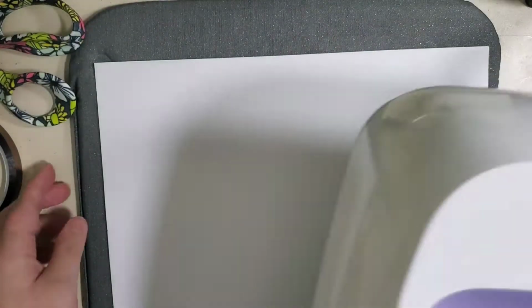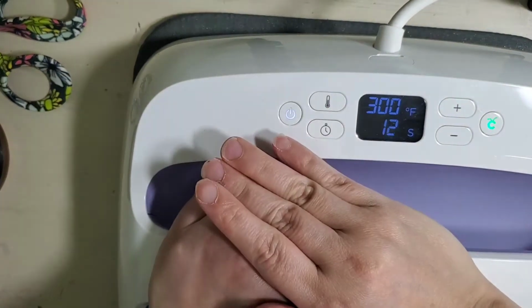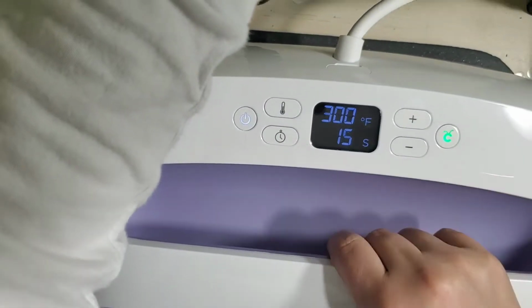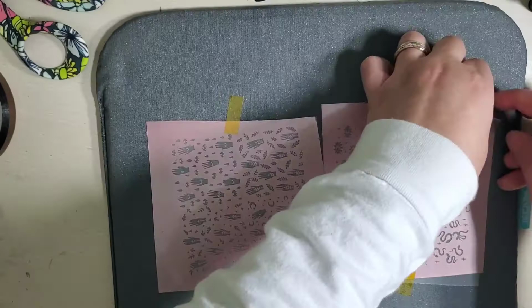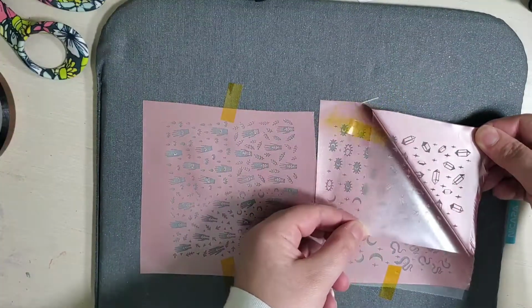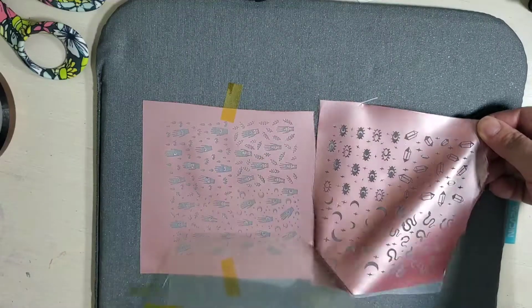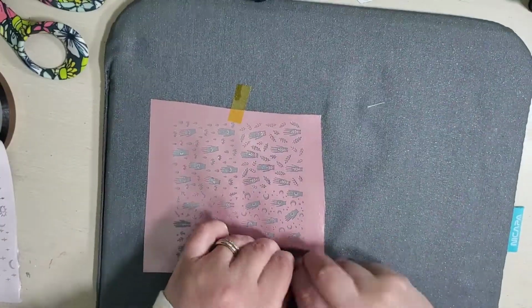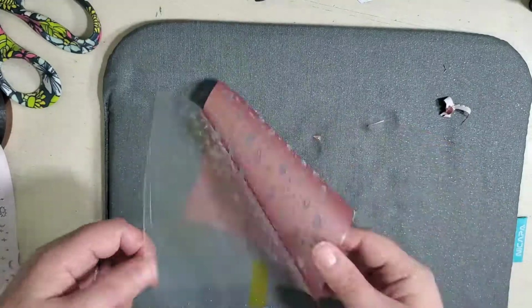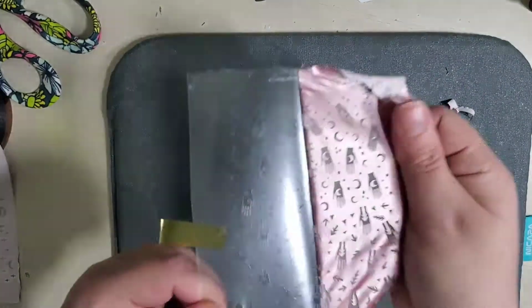For HTV, depending on the manufacturer, you have to follow the recommended settings. I am using 300 degrees and 15 seconds with slight pressure. And my HTV requires a hot or warm peel. And a tip of advice is make sure you use paper on both sides, the bottom and the top. But the material I'm using allows me to prevent the HTV from sticking to the material, so it's easier to pull. Once you have pulled your cover sheet from the HTV, you want to grab a sharp pair of scissors,